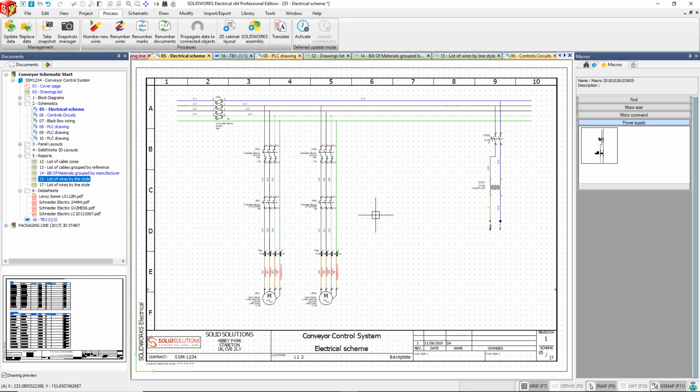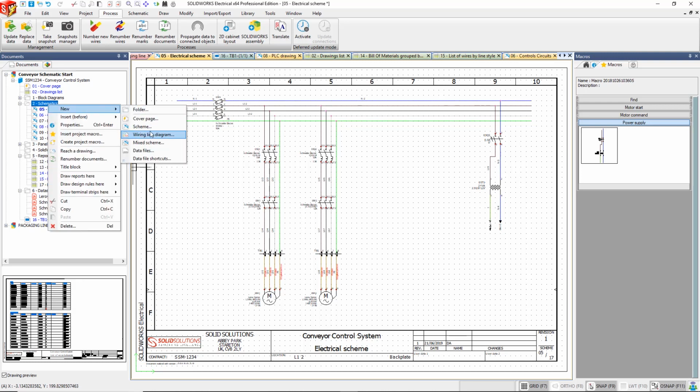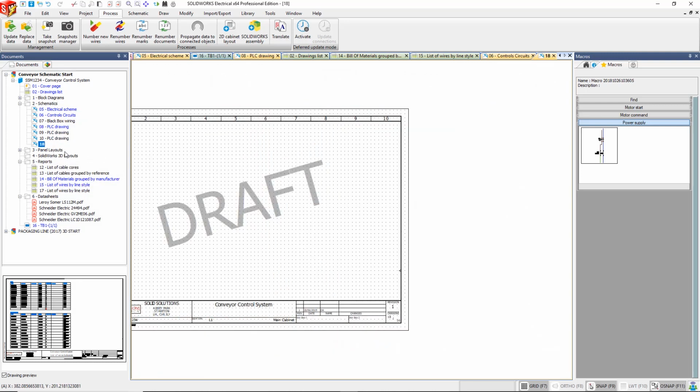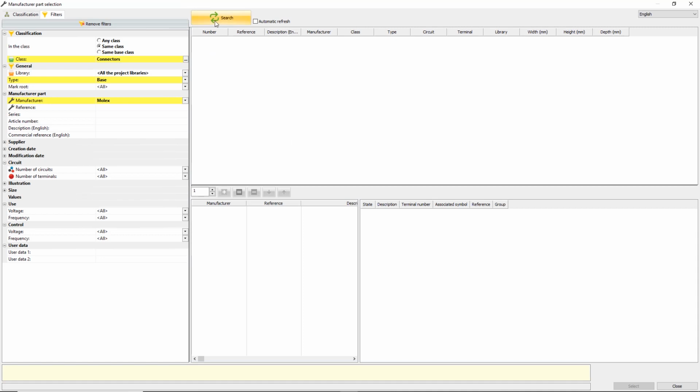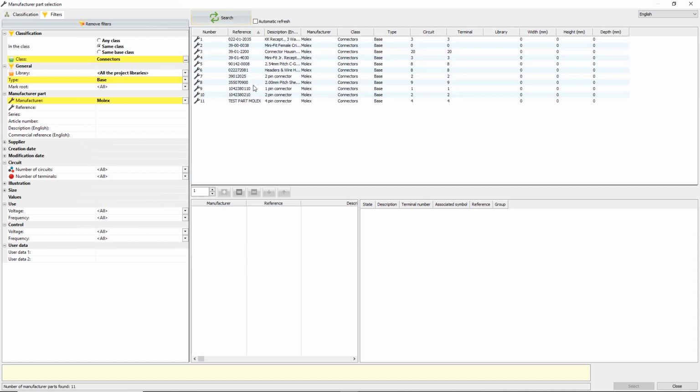Talking of automation, we've also got some great tools when it comes to connectors, but also PLCs as well. So if I create a new document and throw down a connector, I can place down any connector from my library. I'm going to go with a Molex 9-pin. We could also search for crimps and additional accessories, all from our standard library.